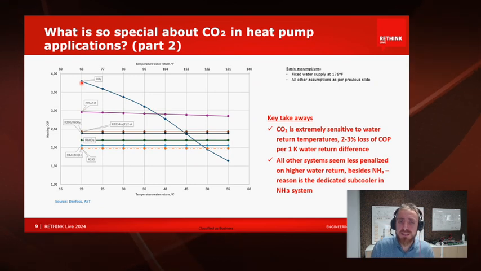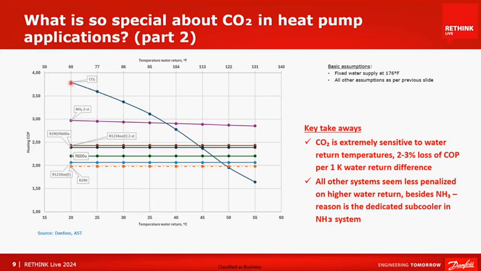Ammonia declines a little bit in efficiency because in our assumptions we have calculated a rather large subcooler, which is typical for ammonia systems. So it's still somehow connected to water return temperature, but not at all on the same scale as CO2 systems. So designers who have the possibility to use very low return water temperature may see an excellent opportunity in CO2. Nevertheless, we have to be conscious,